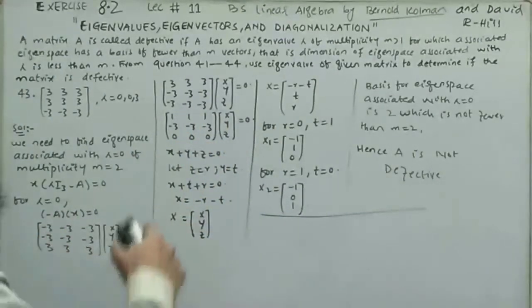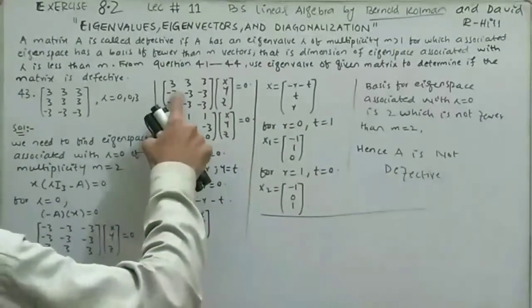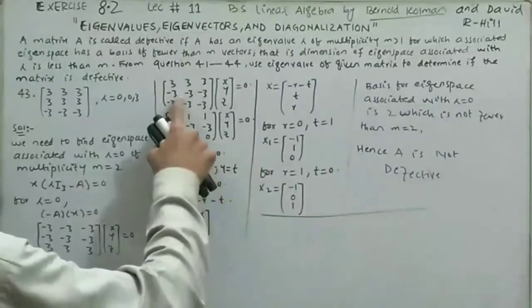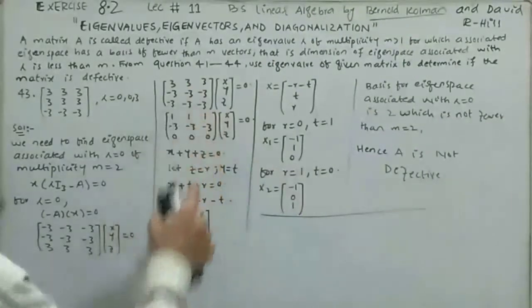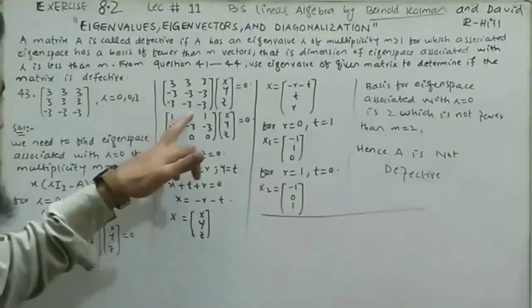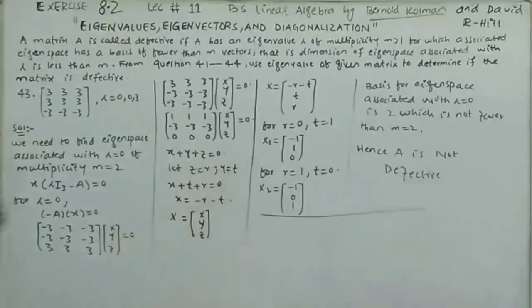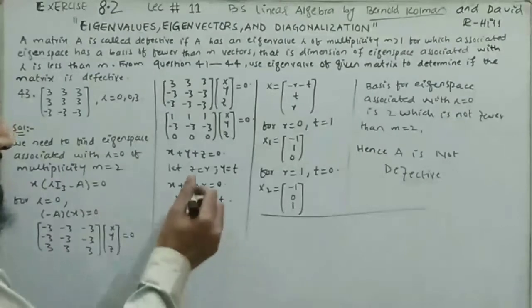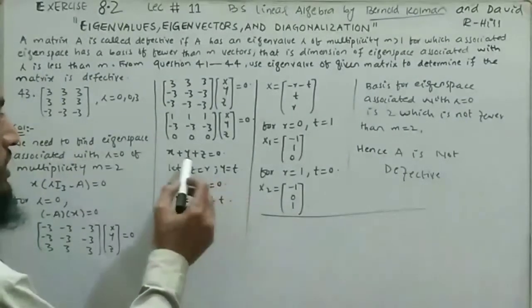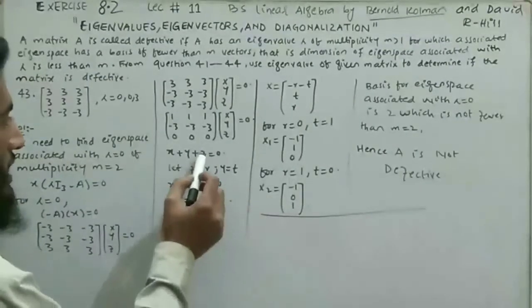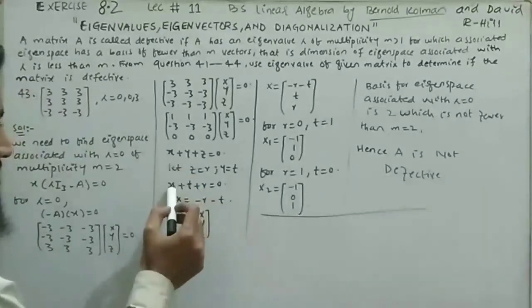This is some operation used. Add this row with this, it becomes 0 whole, and this row will come down, and divide the first row by 1. So from over here, x plus y plus z is equal to 0. Neither y is defined, nor z, nor x. So I consider z is equal to r, y is equal to t. By putting y is t and z is r over here, I will get x is equal to minus t